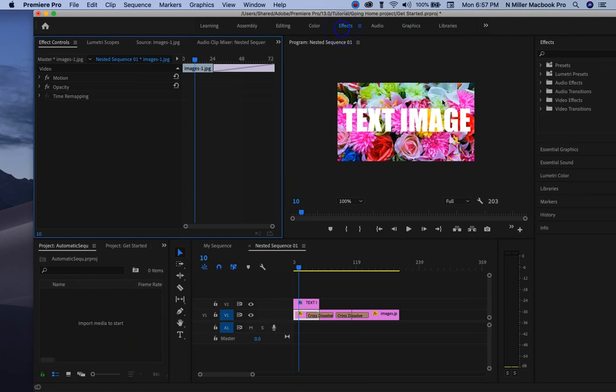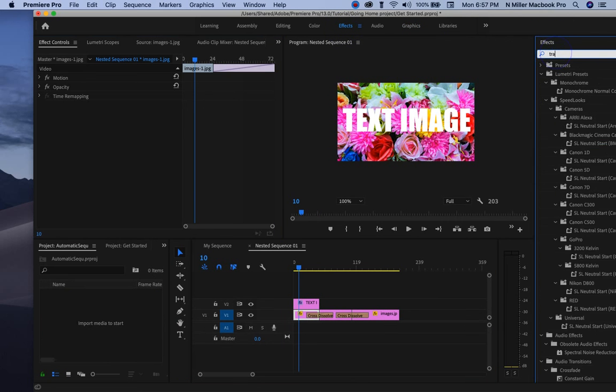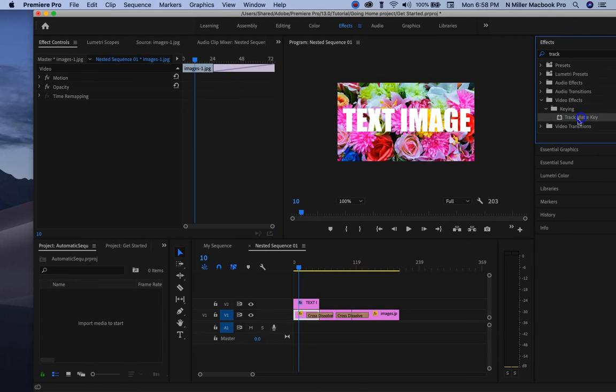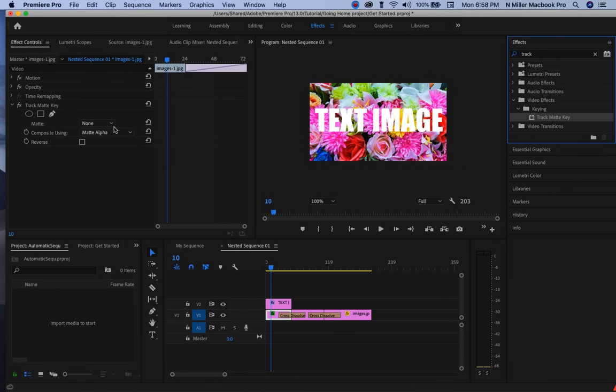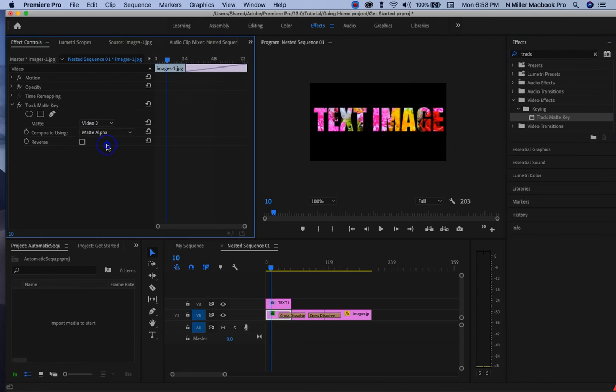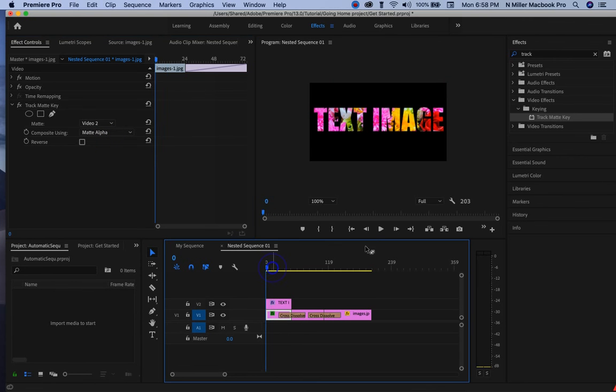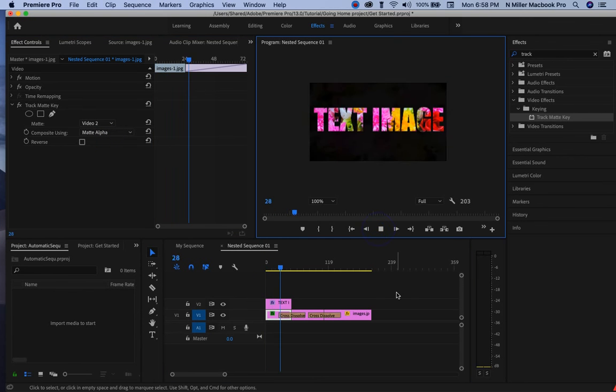I'm going to go to effects and type in track. So here's the track matte key. I'm going to left click and drag it onto the image. You could do this with video. All right, so now that's been applied. I have an FX that is green, and then I'm going to go over here to my effects control panel, and instead of matte, it's set to none. I want to pick video 2. See, it's video 2, which is the type, right? Boom, and it automatically does it. And so if I play this,